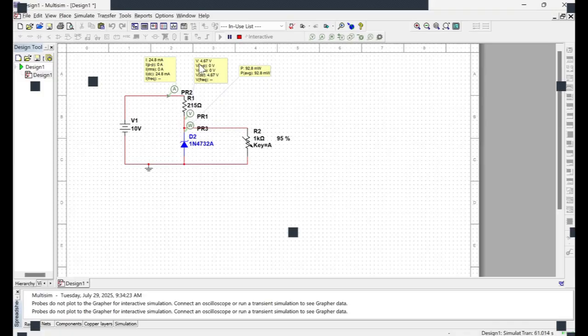The voltage across the Zener diode is still the same, but the power consumption is increasing. What's happening is that the Zener diode absorbs the excess current,